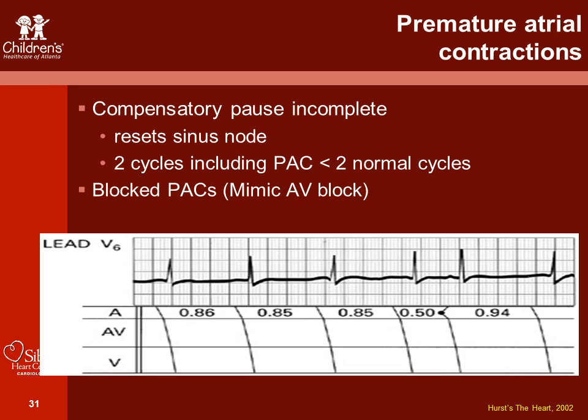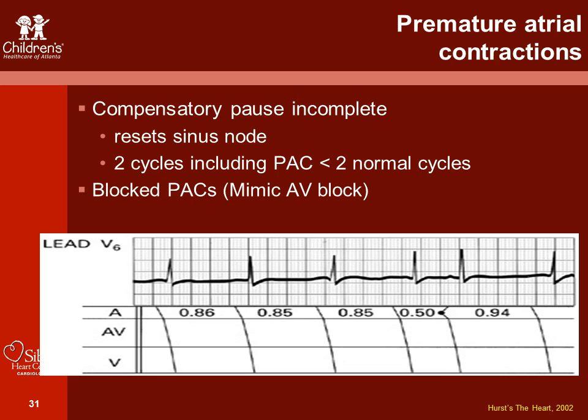In terms of the compensatory pause, it's incomplete because the PAC will reset the sinus node. So if you have 2 cycles, including your PAC, it will be less than 2 normal cycles. If you look at the EKG rhythm strip here, going from left to right, you can see that the first 2 cardiac cycles there have a